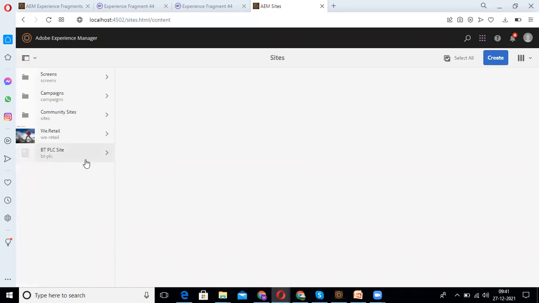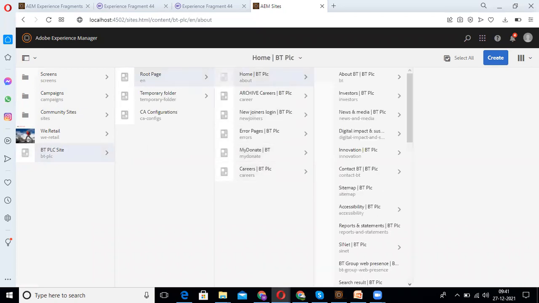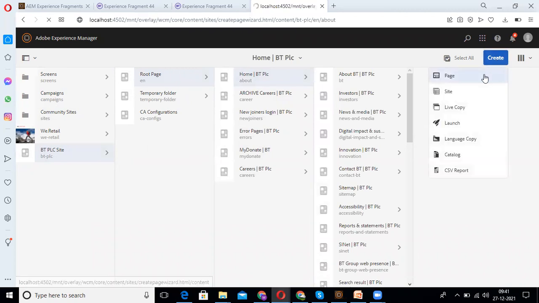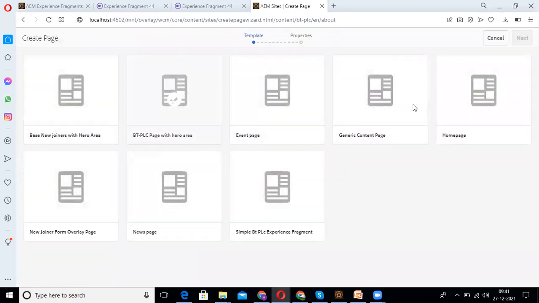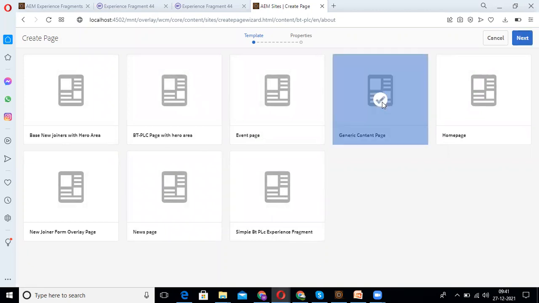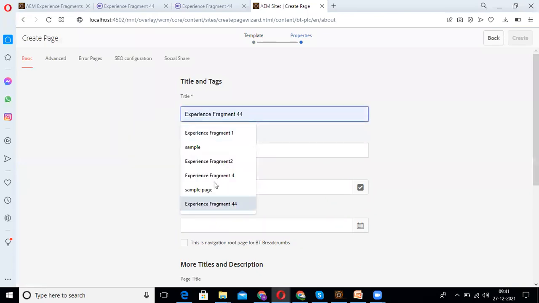I am going to the sample site, sample page. So here we need to create. I'm creating one sample page. Taking one sample template. I'm clicking next. I'm giving the title.